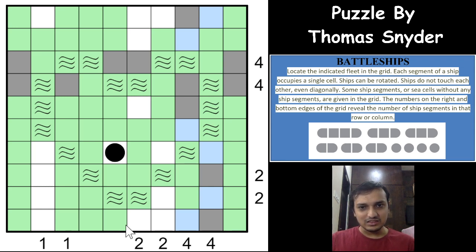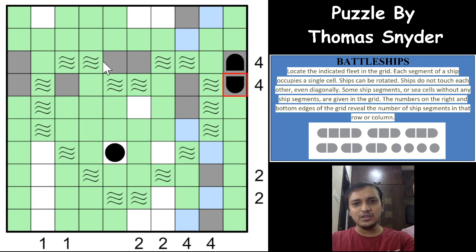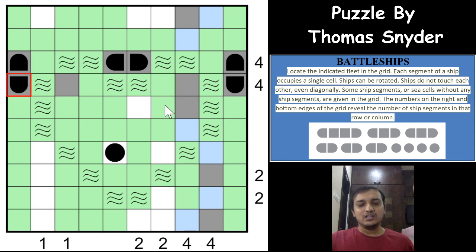And which means that this has to be unshaded, and we have already formed 3 2-cell ship segments, right? Already 3 2-cell ship segments have been formed, and there cannot be any more here now. We can just mark them with the shapes here. There can only be 3 2-cell ship segments, which means that this ship segment now cannot be a 2-cell ship segment, right? It has to be 3 or more, right?